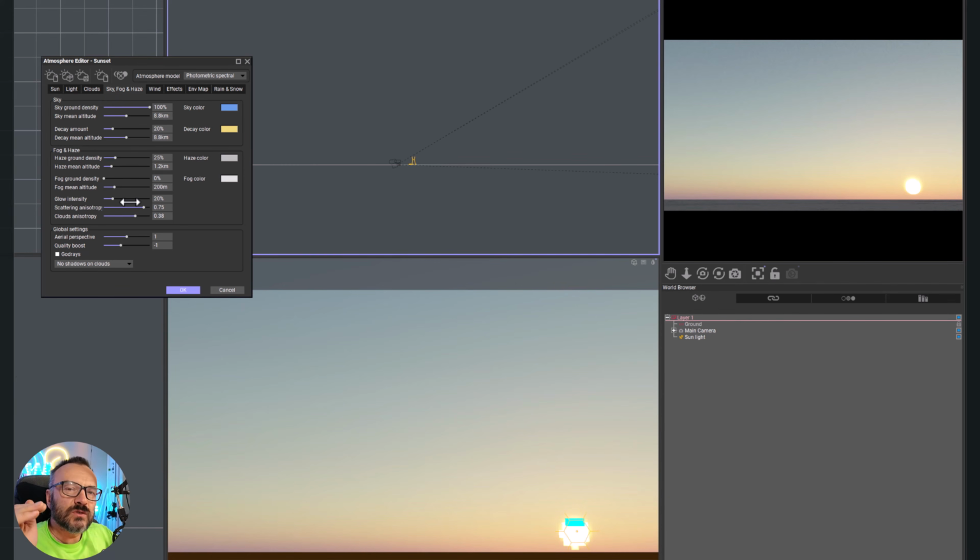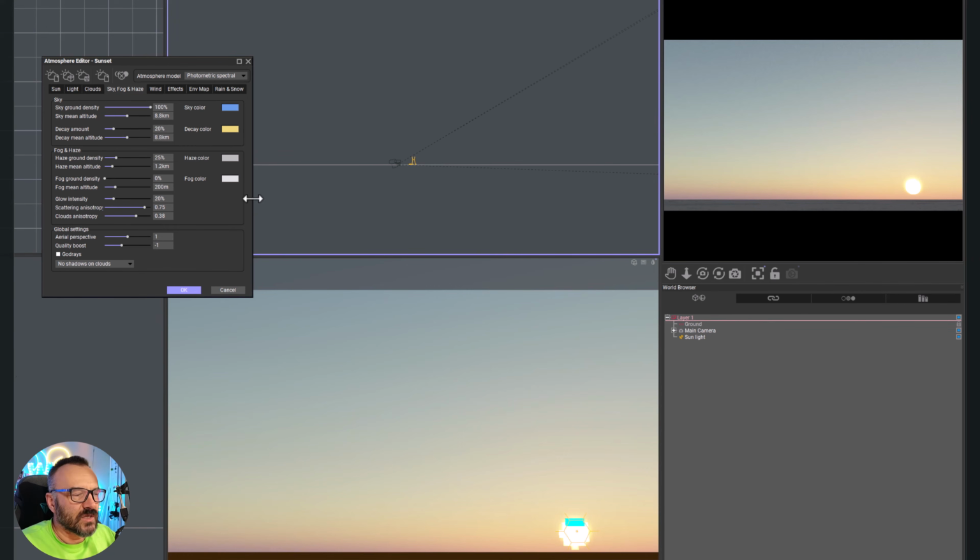The fog, it's mostly water based, will be on the ground, and a haze is usually a dust particle, a water particle, a little bit lighter through all the air, so the fog will be closer to the ground. Haze will be about the same, but it's much higher. Same things right here, you can notice we have mean altitude, again middle of the density, and in general you can also modify color on the haze and fog, and this is kind of a giveaway. If you look at a haze, it's a little bit grayish because it is more like a dust,